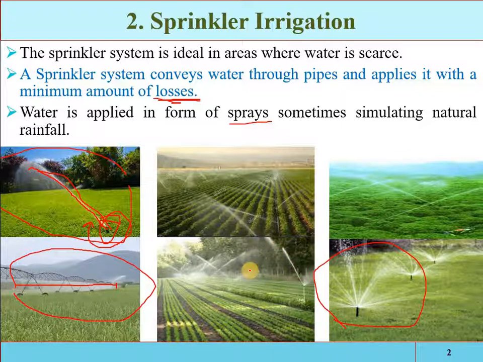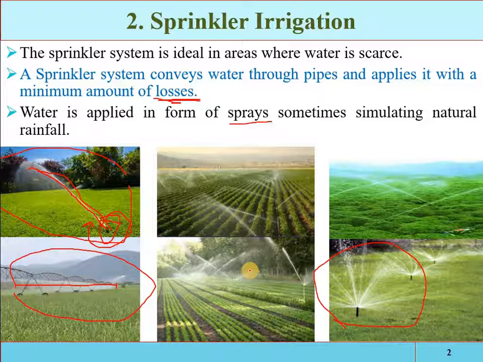Why do we have to go for the pressurized irrigation system? If there is major undulation, if there are irregularities, and you cannot prepare the land for the surface irrigation system, then you will have to go for the sprinkler one. If there are excessive slopes, again, the water cannot be applied directly onto the surface.